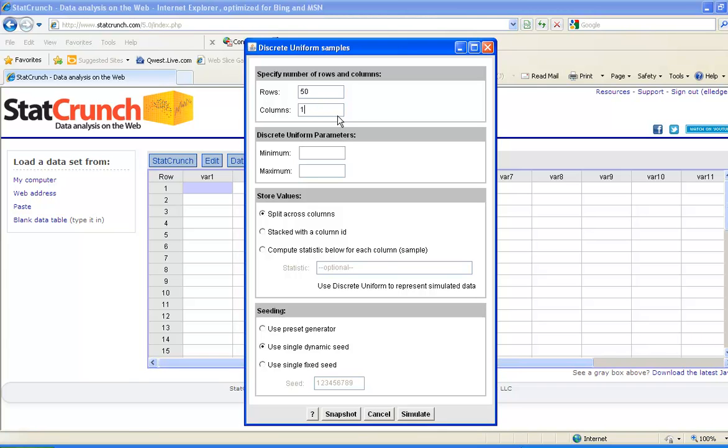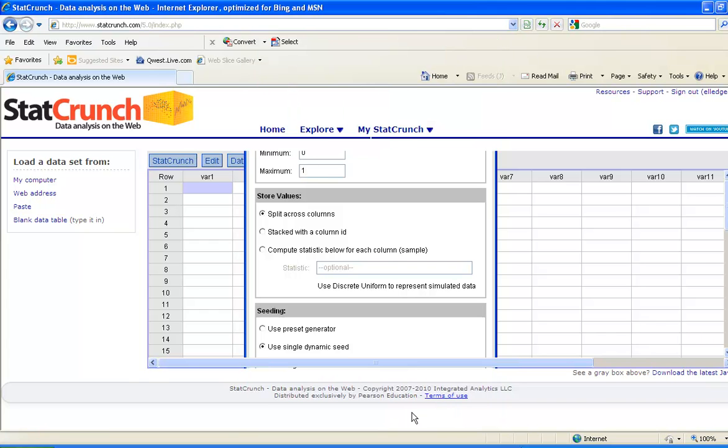Now your actual lab assignment has you generating 500 values, so you're going to want to change that value to 500, not 50. The minimum value is going to be 0 and the maximum value is going to be 1, where 1 represents a girl. And I'm just going to leave everything else on the screen as is. You don't need to change the seeding or anything. Click on Simulate,